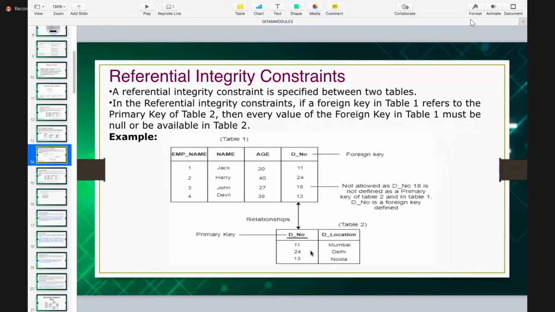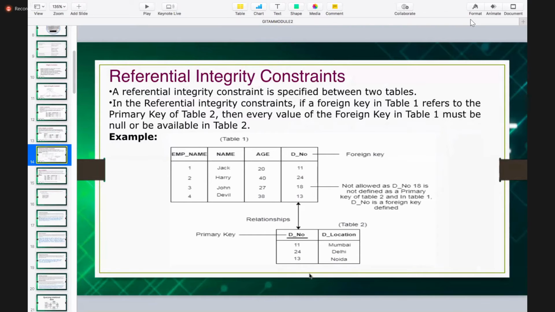So whatever values are present in the child table should be present in the master table. You cannot take these 11, 24, 18, 13. You cannot take 18. Why? It is not there in the master table.